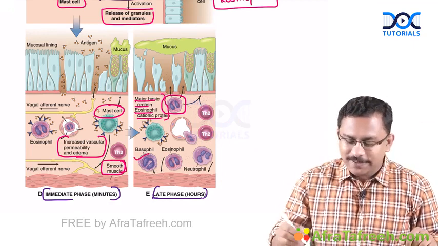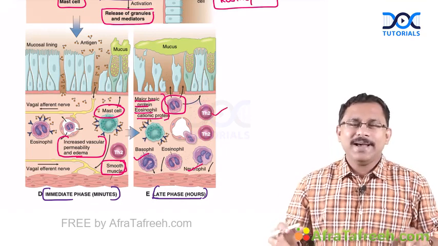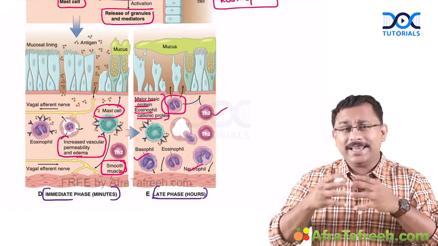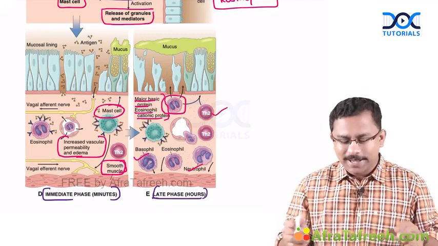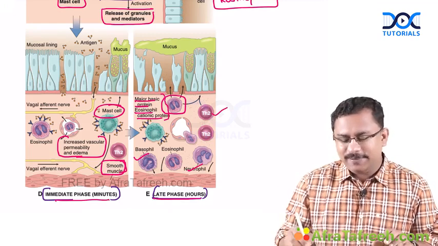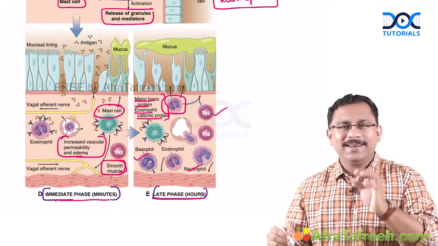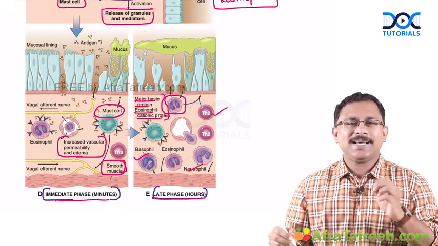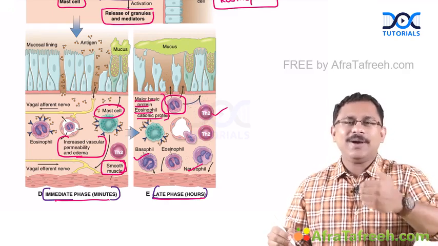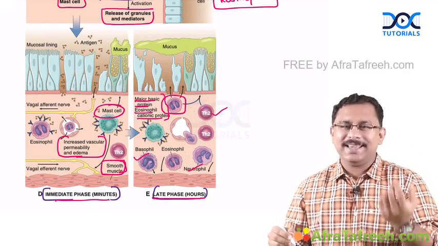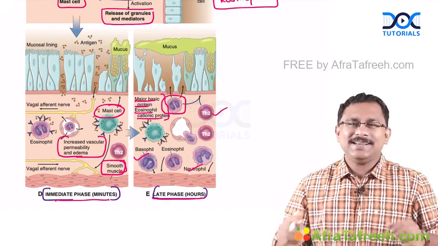You have the basophils, neutrophils, more and more Th2 cells, and subsequently it actually incites the inflammatory response. Okay, so that is what results in the immediate phase and the late phase of asthma. So an antigen triggers it, subsequent Th2 cell activation, subsequent mast cell activation and degranulation, eosinophil activation and degranulation, subsequent